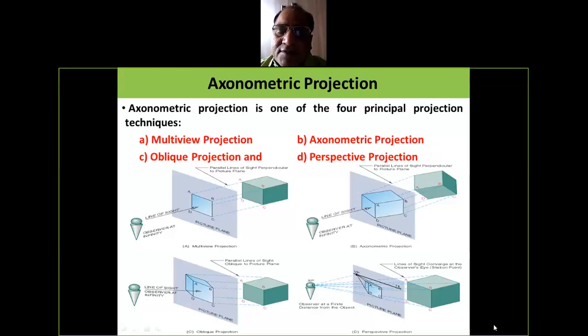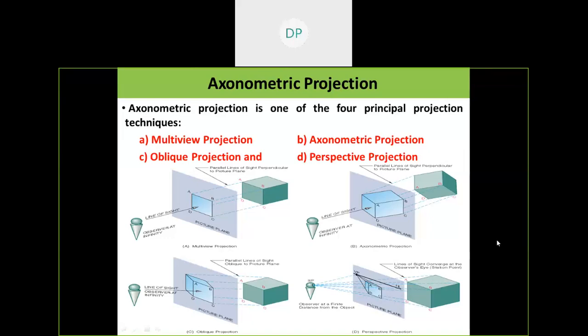In this form of view, generally the object side is foreshortened by approximately 80%. Means in this type of projection, the shape of the object is foreshortened about 80%. So in that case, we can see that in the isometric projection,